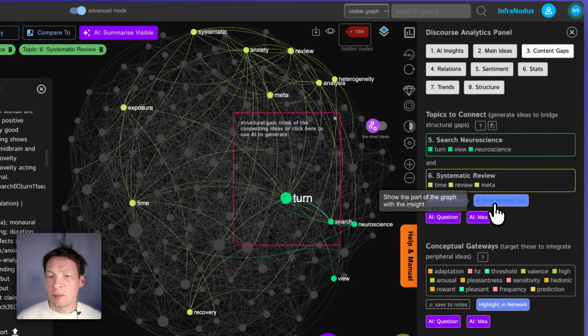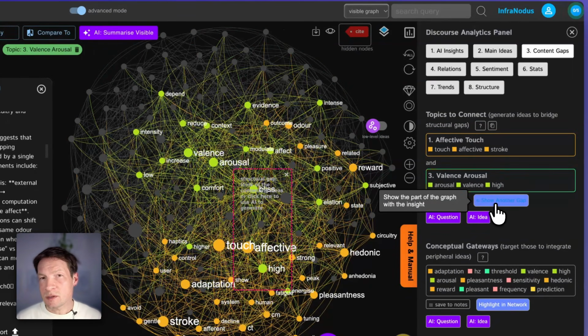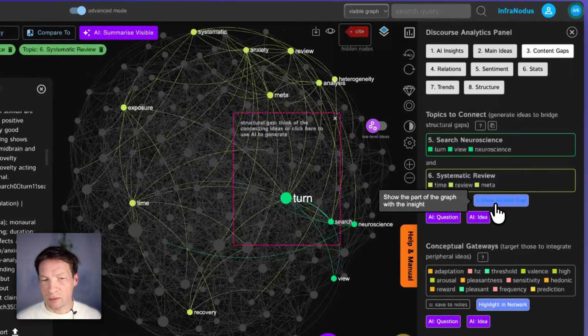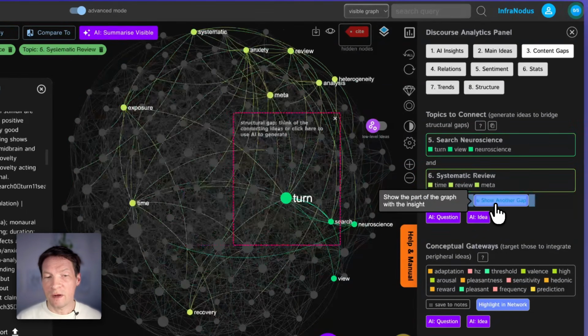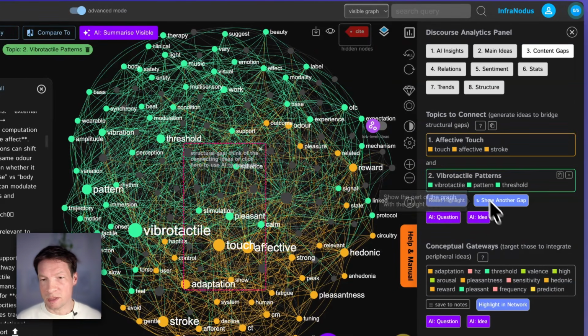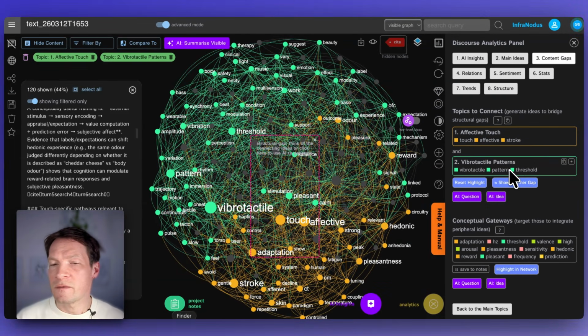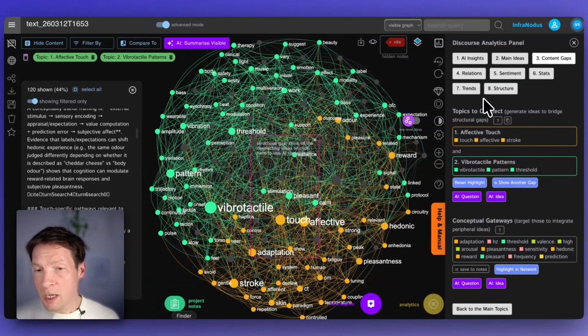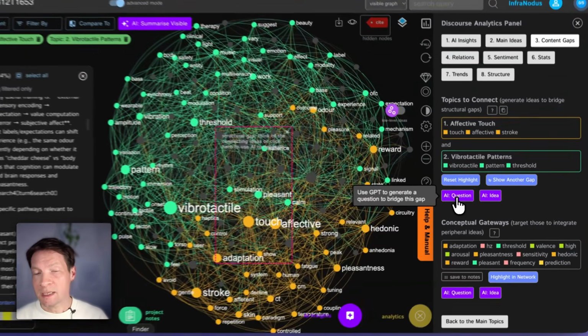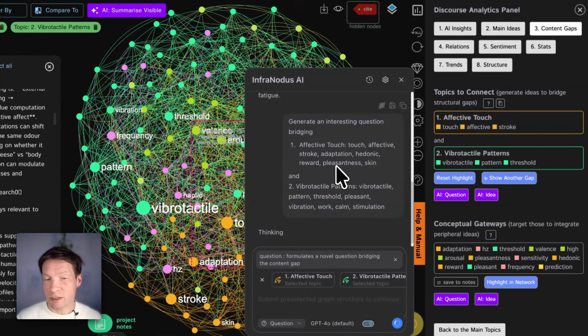These are the topics that could be better connected in this discourse but are not yet, so then you can simply reiterate through them and find some combinations that you find interesting. For instance, here there's a slight gap between affective touch and vibrotactile patterns. So I can select this gap and then I can ask the InfraNodus AI to generate an interesting research question